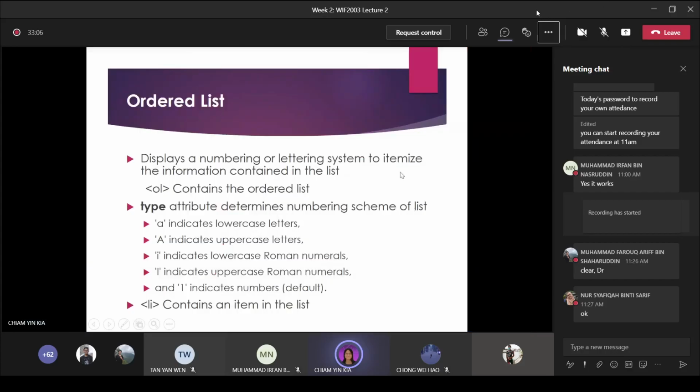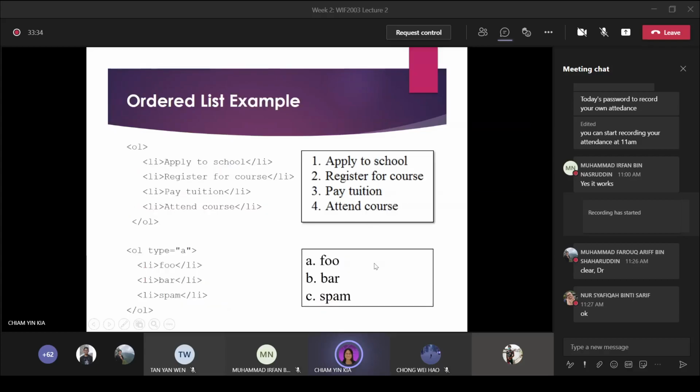So the next thing, for the list, we can also display a list with numbering. That means it's an ordered list. By default, same thing. For ordered list, if you put OL, then we will know you want to display the list with numbering. Every item will show with a numbering scheme. If you want, you can indicate the type of numbering. By default, if you didn't indicate anything for your ordered list, it will automatically appear as 1, 2, 3, 4